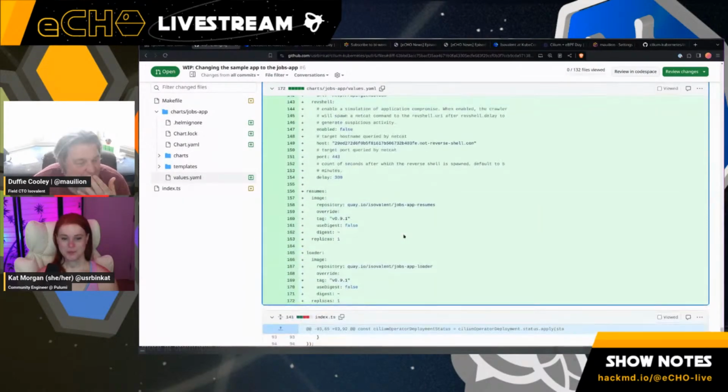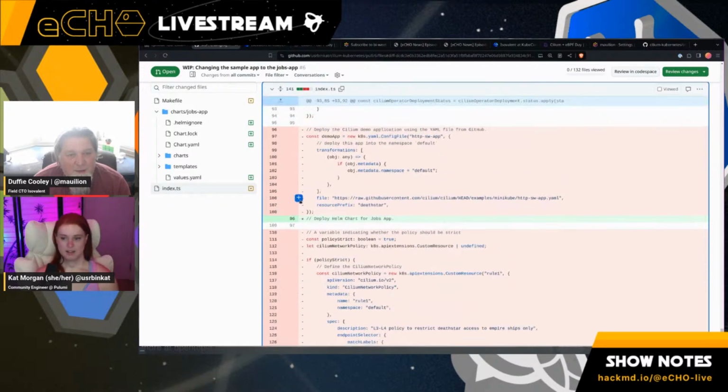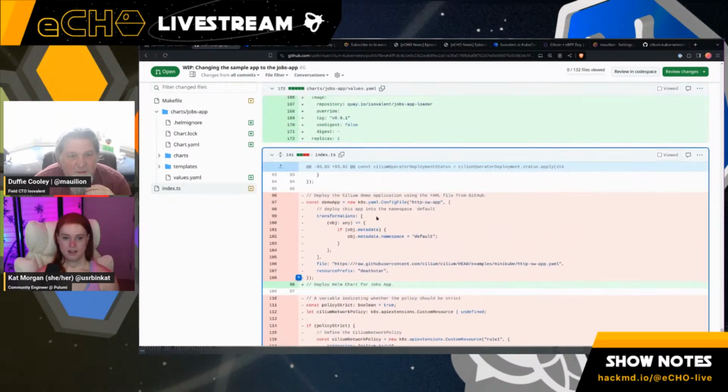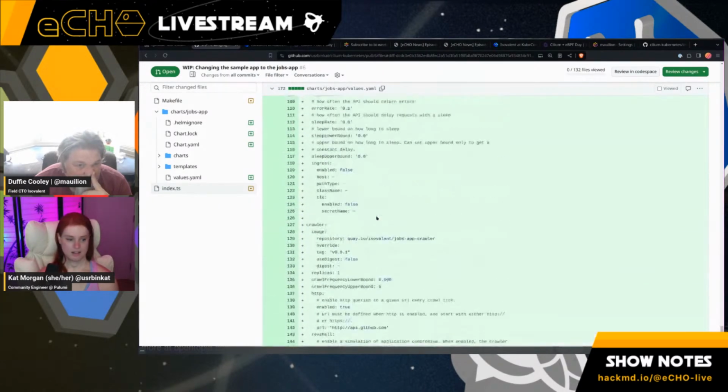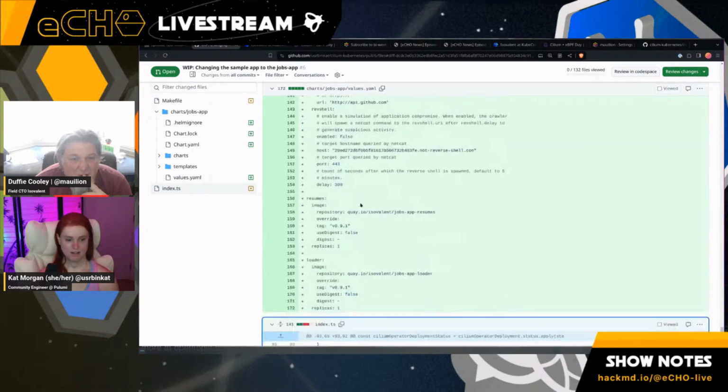So that's basically the app, and that's why I wanted to bring it up, because it really shows off the power of Hubble and some of the other stuff that we've been working on. So I figured let's just go ahead and get that deployed. And in the index TS that we were talking about before, what I've done is I've gone ahead and commented out